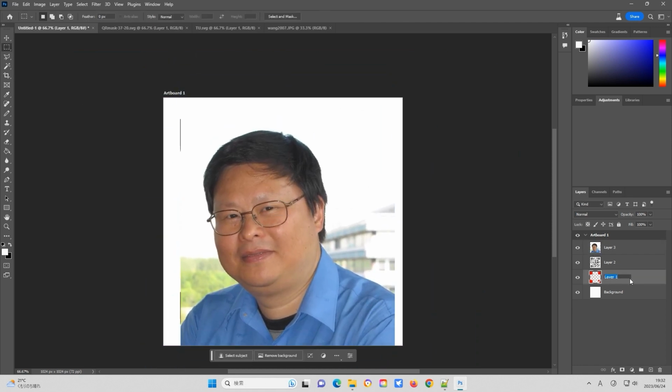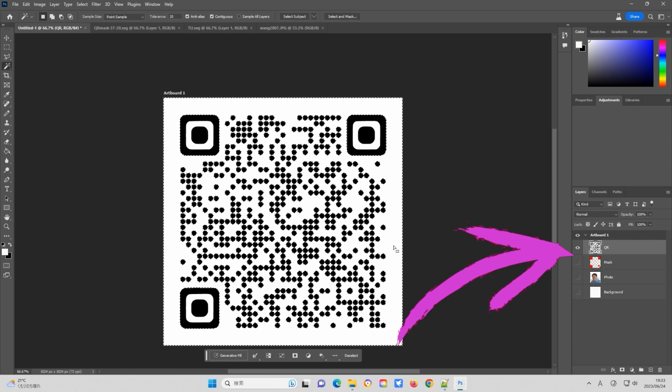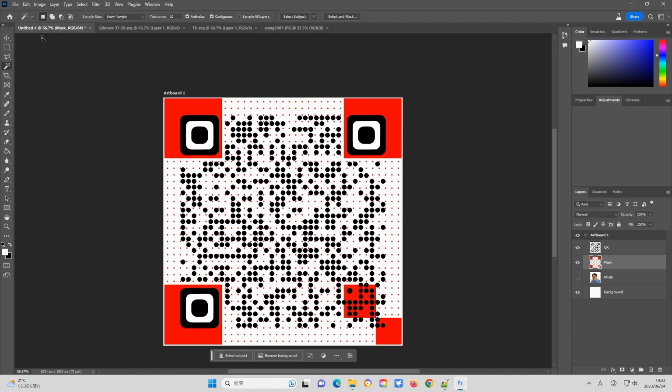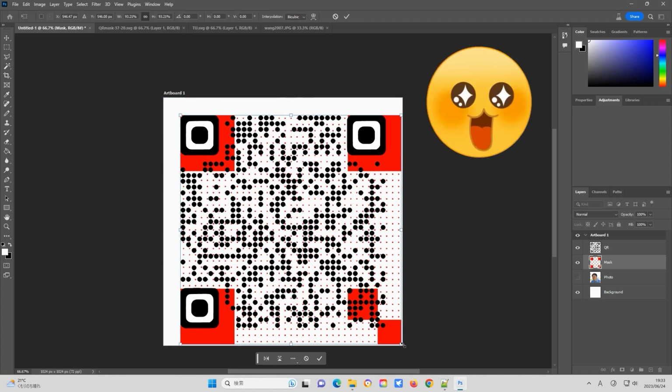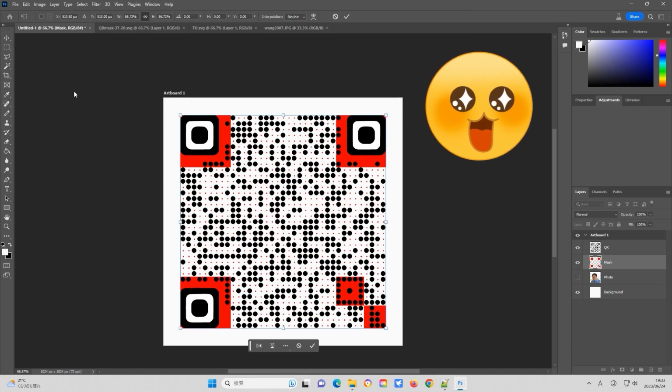For ease of understanding in this tutorial, I have named each layer Mask, QR Code, Photo, and Background. Select the mask or QR code layers and delete the empty area. Scale the mask to fit the QR code image. You will notice that they fit perfectly.